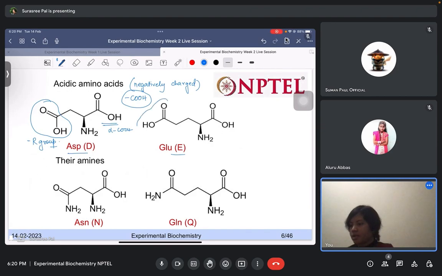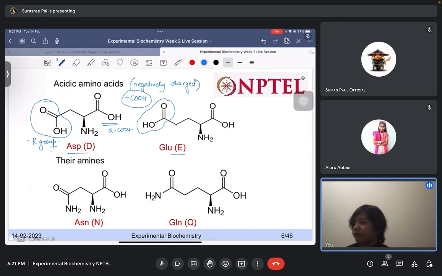Here also, this one is the R group. Not only that, there is a methyl group associated with this carboxyl group, and there are two methyl groups associated with this carboxyl group. So that is the difference between aspartate and glutamate, or aspartic acid and glutamic acid, right? So they have these extra carboxylic acid groups, and these are the acidic amino acids, and there are also their